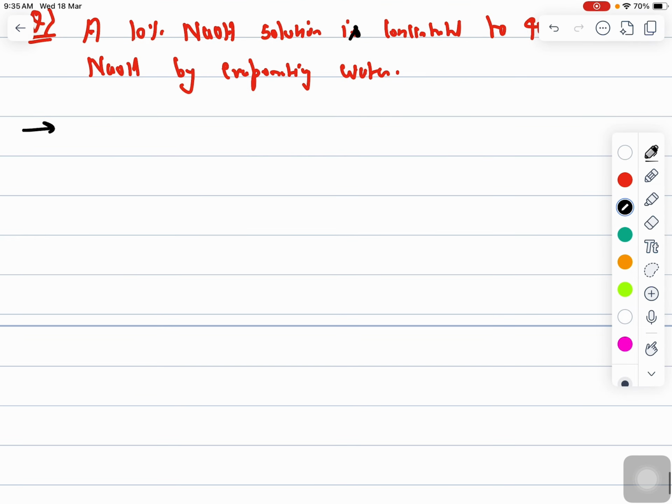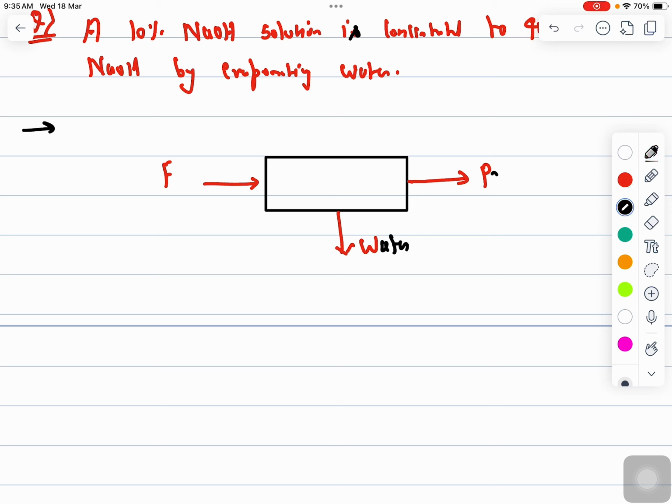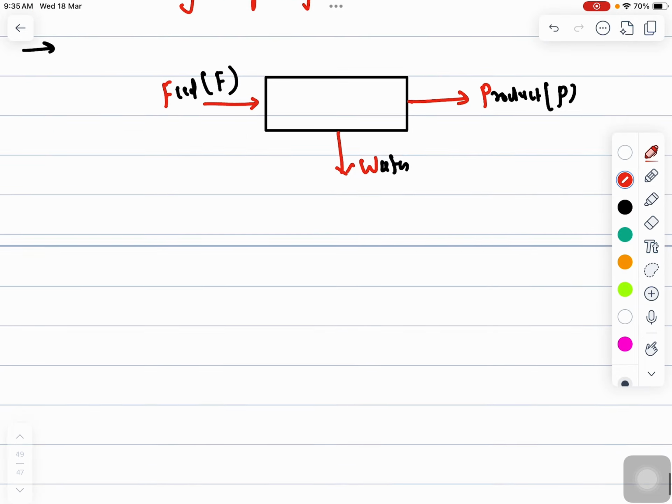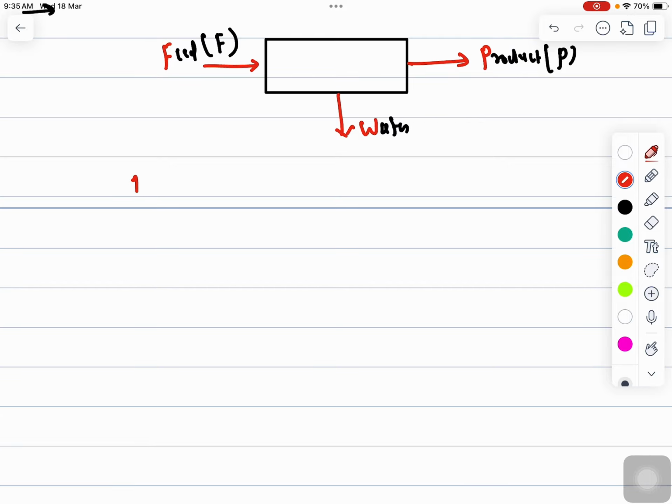So first, if you see the evaporation unit, basically there will be a feed, and then there will be your water evaporated, and then the product that you are getting. So here I'll write the feed as F. So what you see here, if you do the total mass balance,